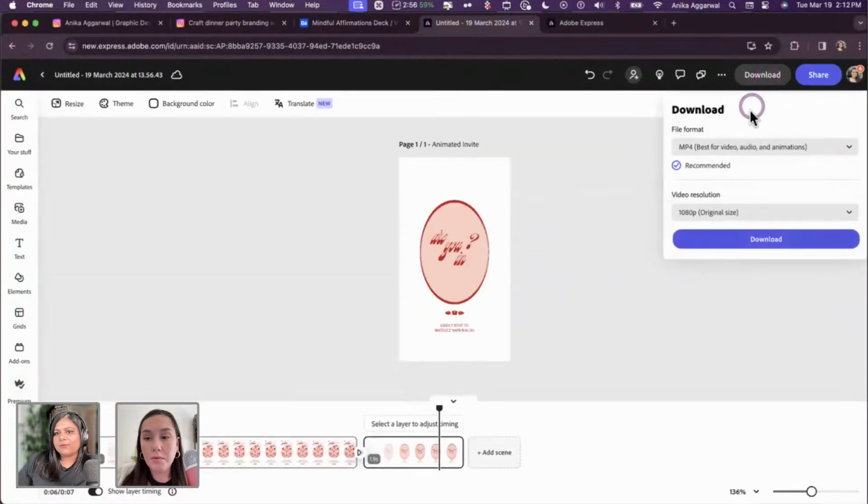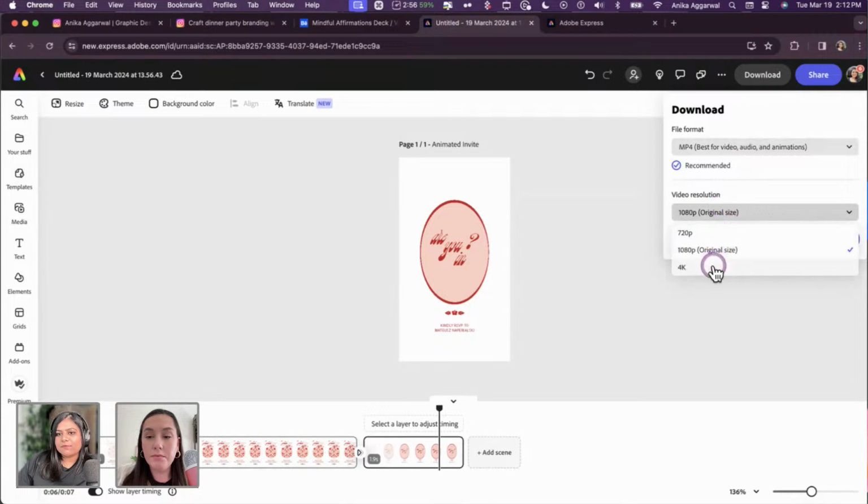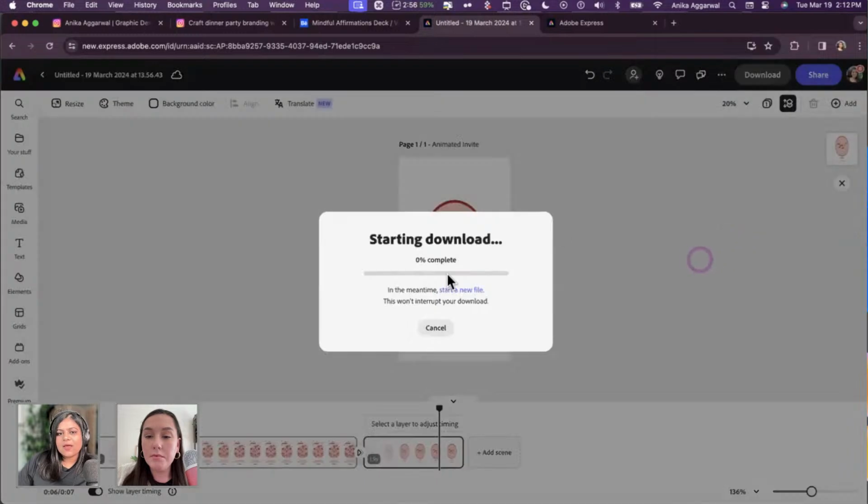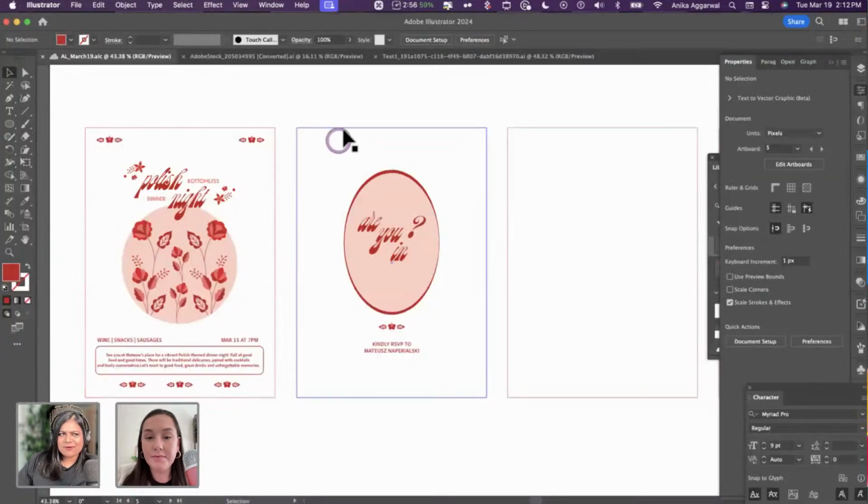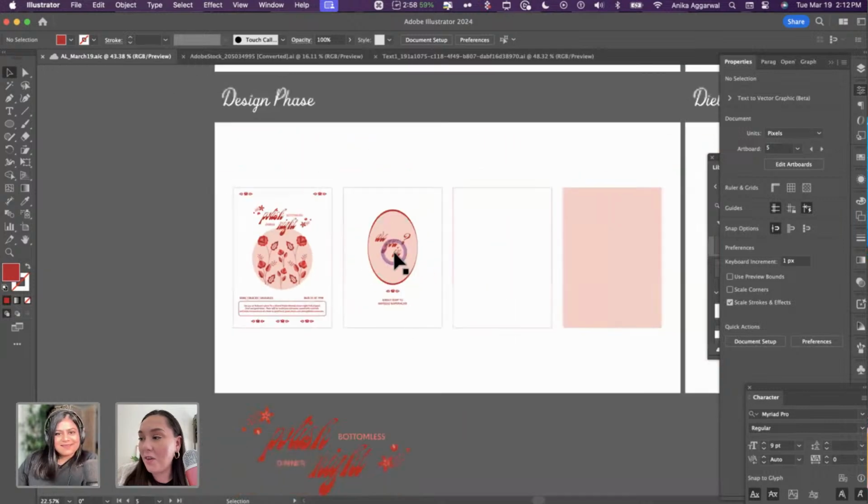So, let's actually go and download this. You have various file formats here. You can do MP4, which is what we would want for a video. There are PNGs, JPEG, PDF for documents, and then you can actually go here and export a 4K version, original or 720 pixels. So let's do 4K download, and it's going to download in the back. It's going to be an MP4 file. We're all set, and we can dive back into creating invites or menus. Amazing. That's great.